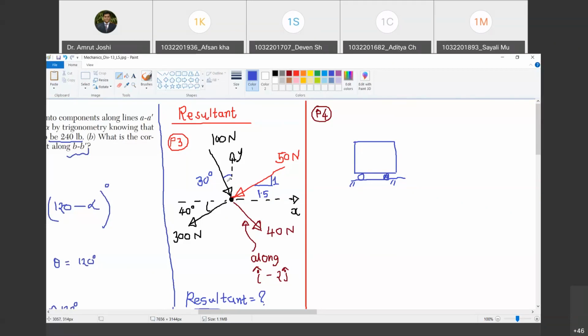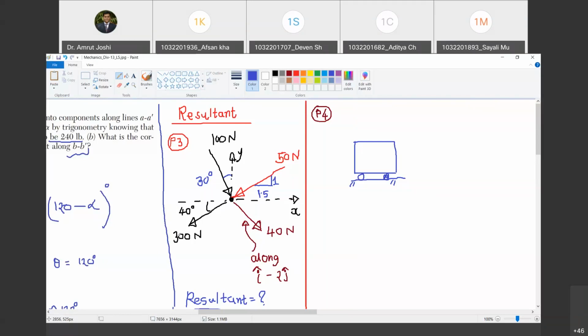Now how do we add forces? So कैसे करना पड़ेगा अगर parallelogram law use करना है? So first of all I will have to consider two forces, let us say 100 Newton and 50 Newton, and then complete the parallelogram, find out their addition. Then you have to consider that addition and 40 Newton force, complete the parallelogram law, find out the new addition, then consider that new addition and 300 Newton, complete the parallelogram and find out the addition of all these forces. Are you with me? Yes, sir. One of the way is this.